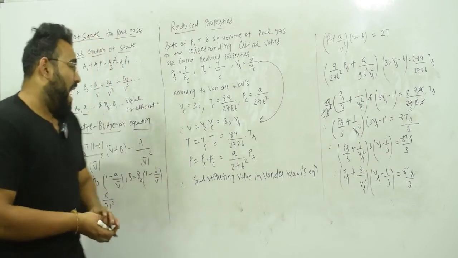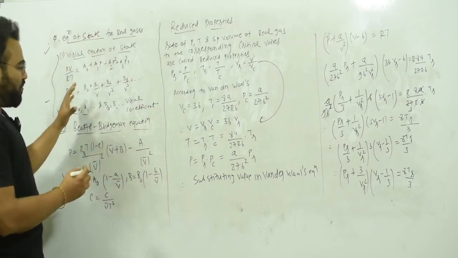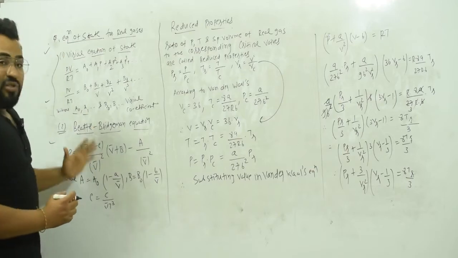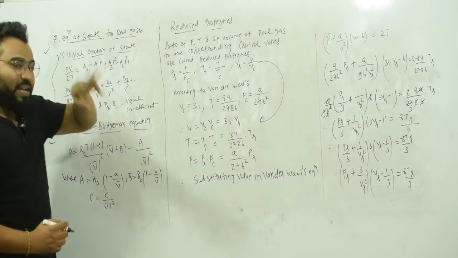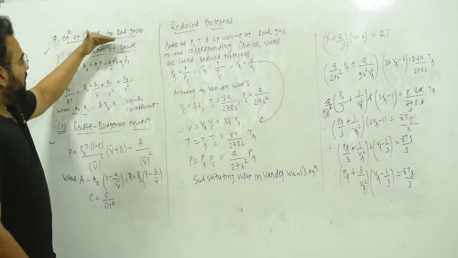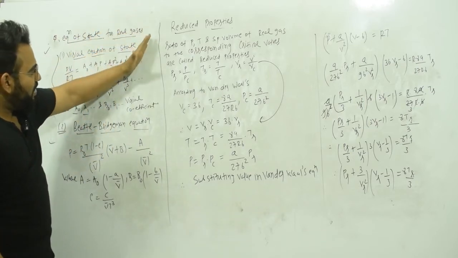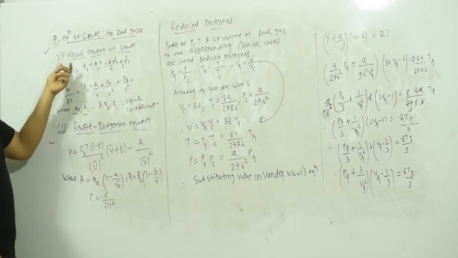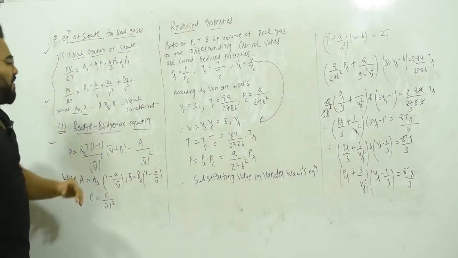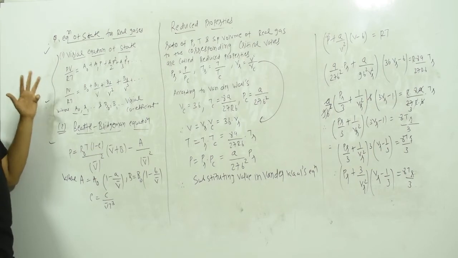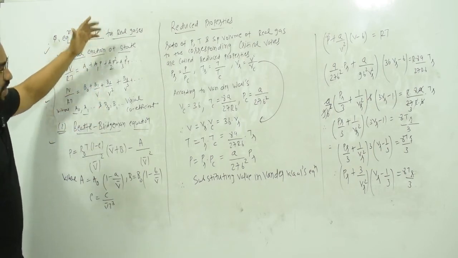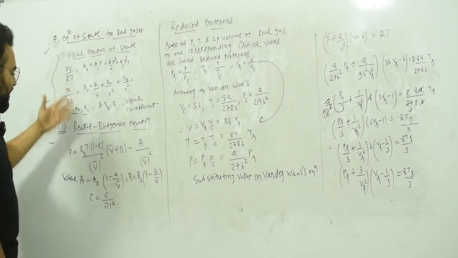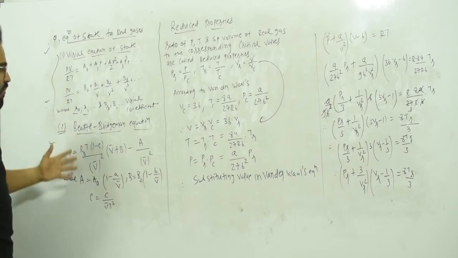According to me this is not useful for the examination, but I have included it so that you get to know these are the equations of state for real gases. There are 3 ways: the equation of state for real gases can be defined by the van der Waals equation, by the real equation, and by the Beattie-Bridgman equation. But for our examinations the important one is the van der Waals equation. These are just statements you have to remember, no other option, you have to mug it up.